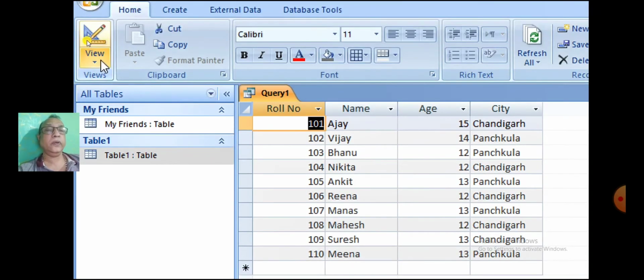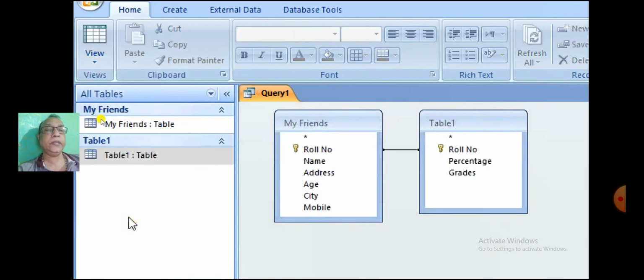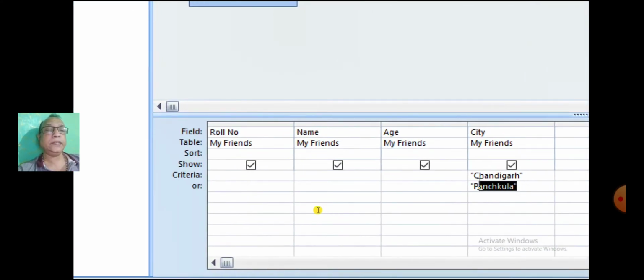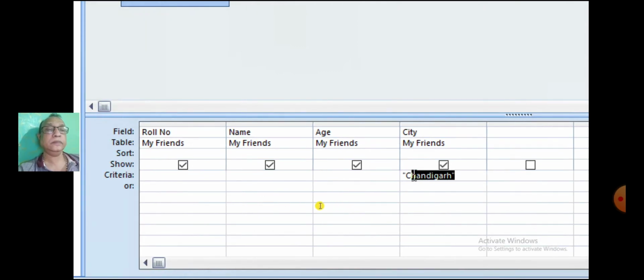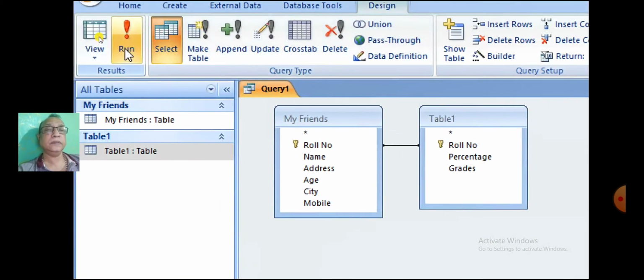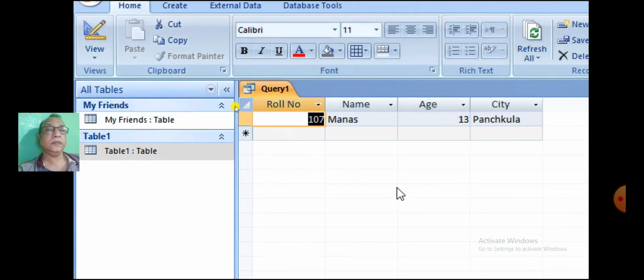Now go to the query design window to execute the third query. Remove the existing criteria. The third query is display the record whose name is Manas. Here the table is displaying whose name is Manas.